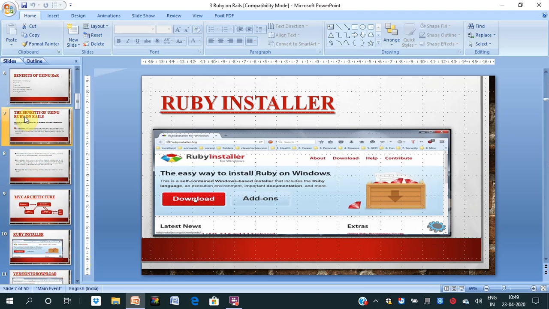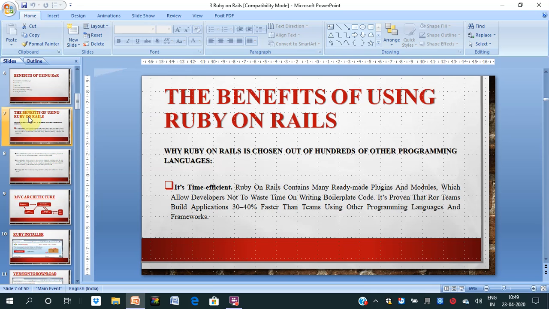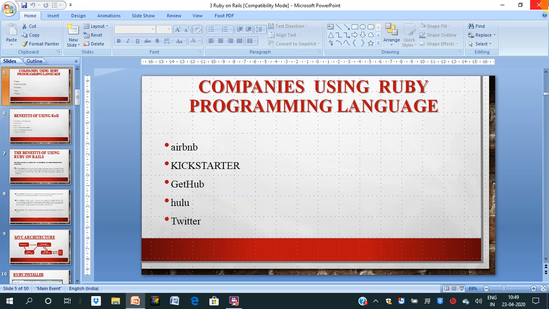Ruby on Rails is a very important programming language, and this is an open source programming language. There are so many benefits. I have already told you about Ruby on Rails, and many companies are using it. The list of these companies includes Airbnb, Kickstarter, and GitHub, as well as Twitter.